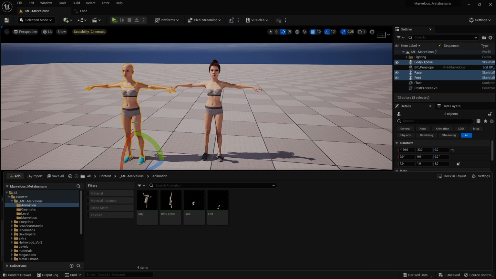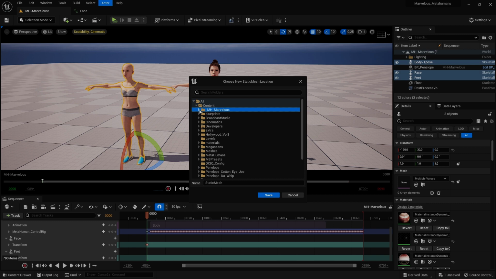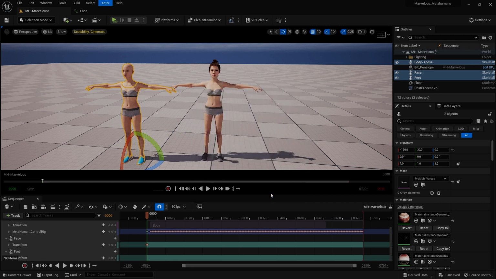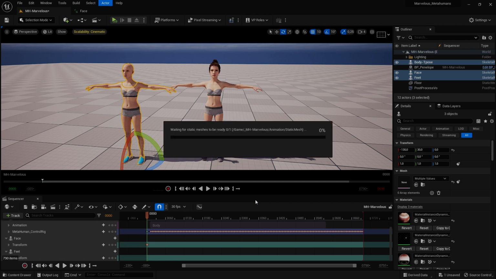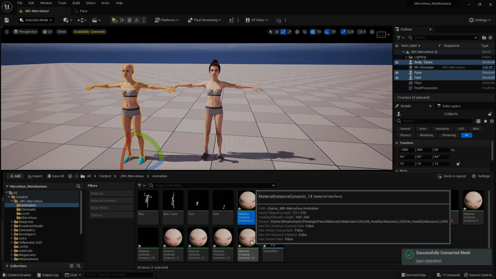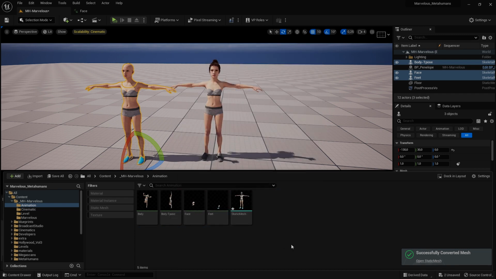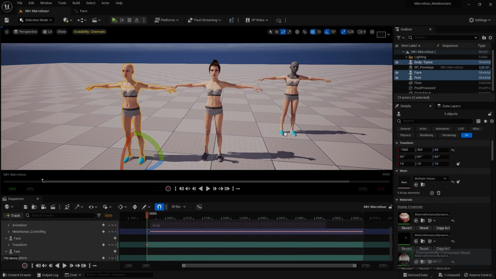while having these three selected, go to actor and then say convert actor to static mesh. Then choose a file. I'll just put it in my animation static mesh, that's fine. I don't need the materials, so just delete. Okay.